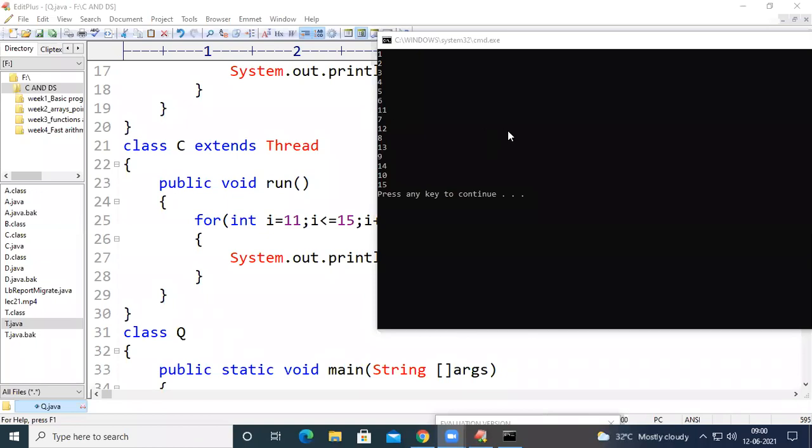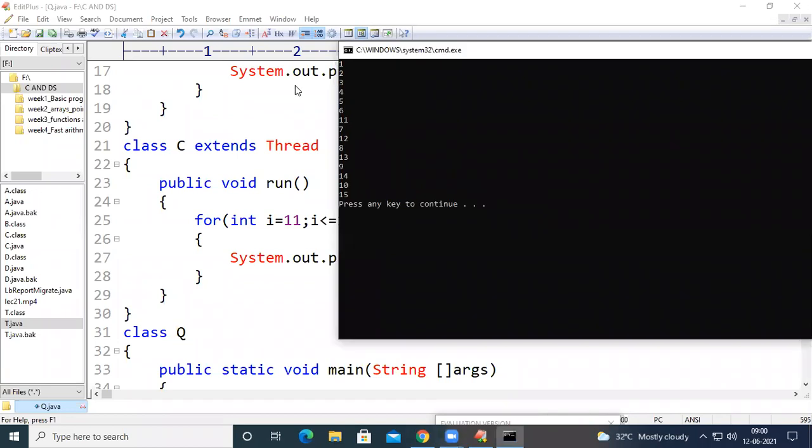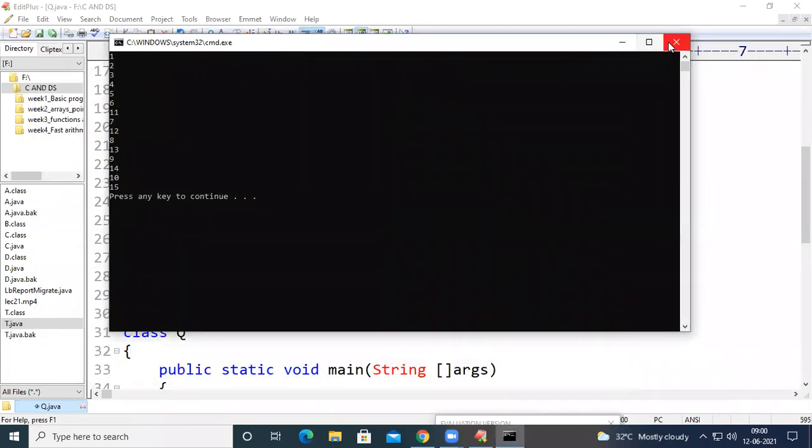So among the 3 threads T1, T2 and T3, on T1 only we call the join method. Because we call the join method, it has been executed first. And on T2, T3, we did not call any method. That's why T2 and T3 have been executed simultaneously, maybe by using the round robin algorithm.